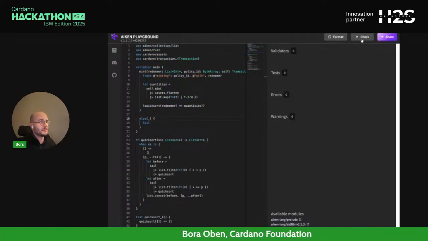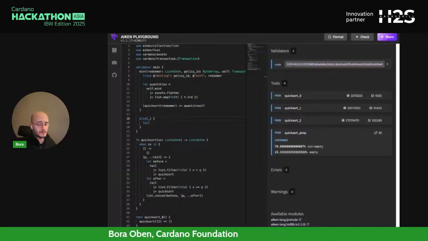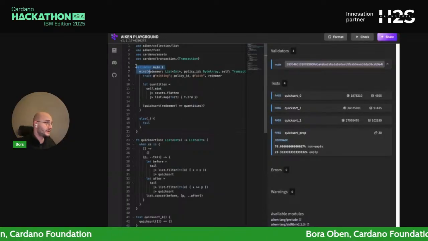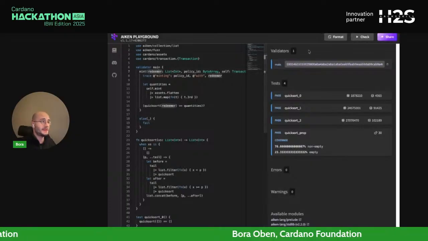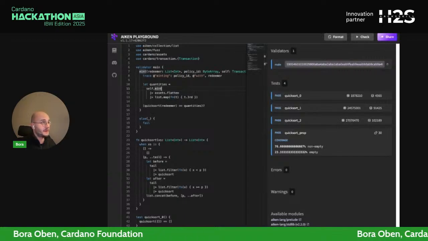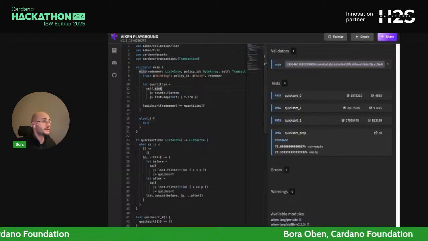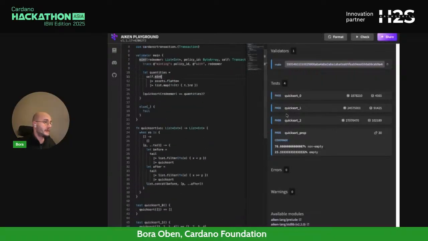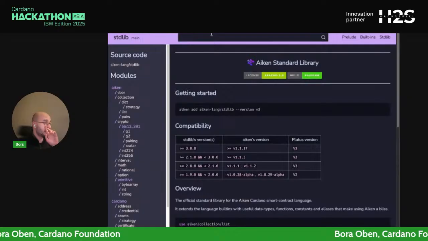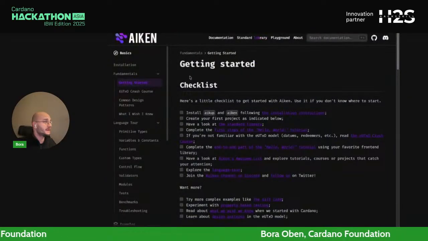And this playground is where you can, without your own IDE in a hosted environment, check how Aiken works, try this template validator, see what you would get out of it. But it's nothing more than an introductory step for you, because the Aiken CLI tool will provide you much better results. So the standard library, we'll come to this a bit later.